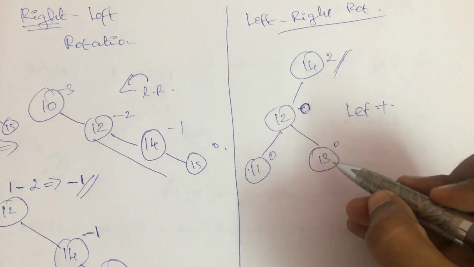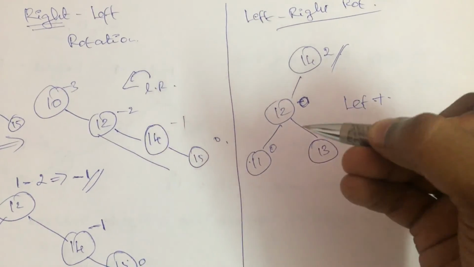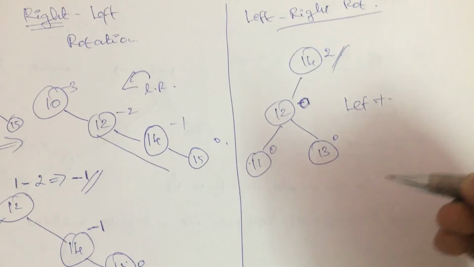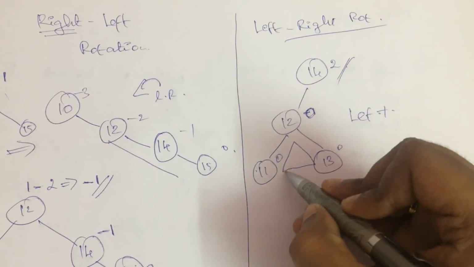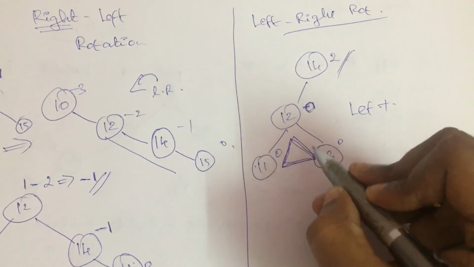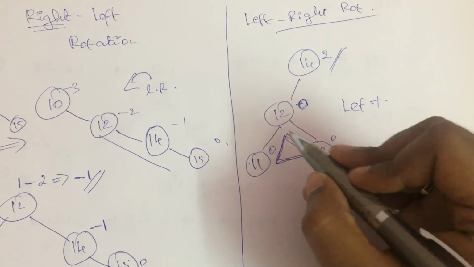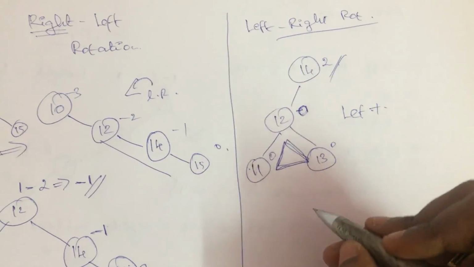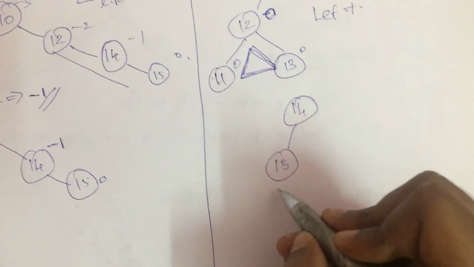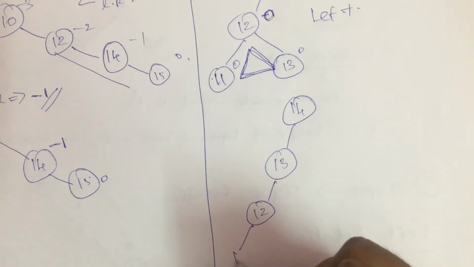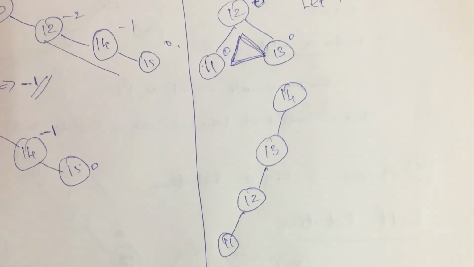So based on that left rotation, what happens? The right node of the root will become the root, and the root will now become the left child. Say for example, it has to take place between these three values, that is 11, 12 and 13. There won't be any change with 11, but the change is going to happen on 13 and 12. So it looks something like this: 14 will be there as such, 13 will have a left node as 12, and 12 will have a left node as 11. So this is how it looks after the left rotation.